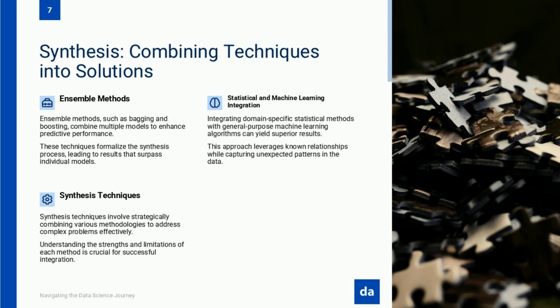When Goodman combined statistical methods with machine learning in his housing price prediction model, he didn't just measure overall accuracy, he specifically quantified how much improvement came from each additional technique in his integrated approach. Developing this synthesis skill doesn't happen overnight. It emerges through experience, particularly as you encounter diverse problems that expose the limitations of single technique approaches.